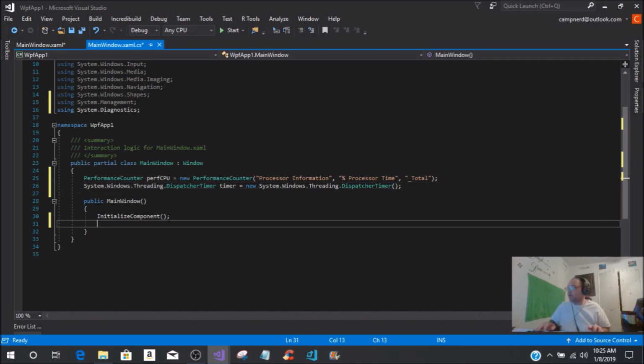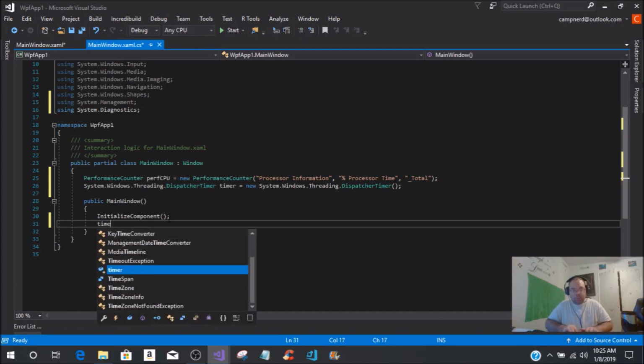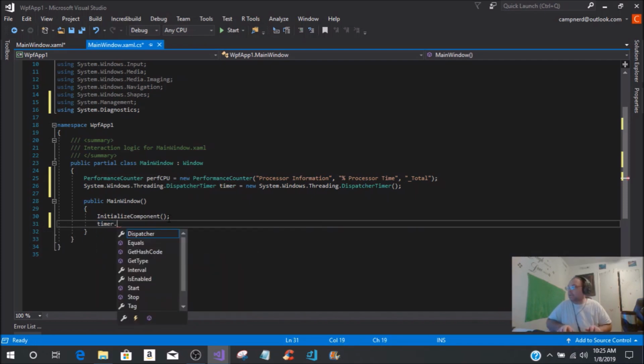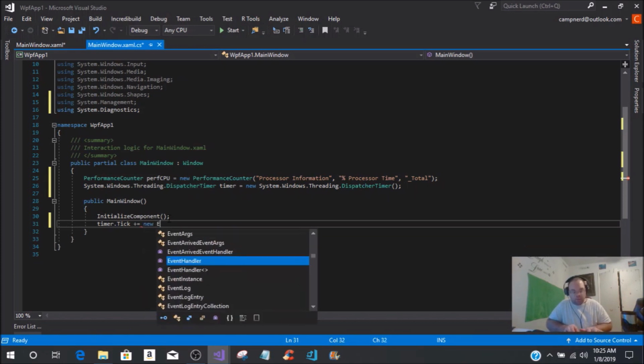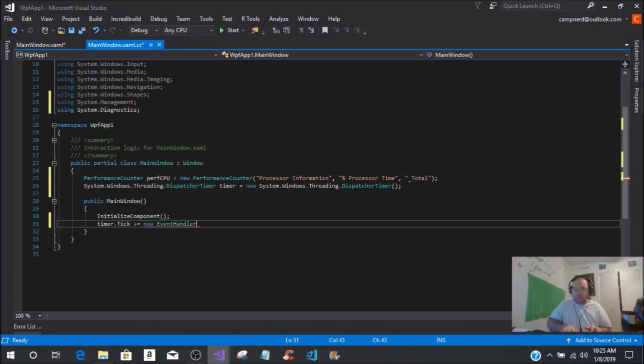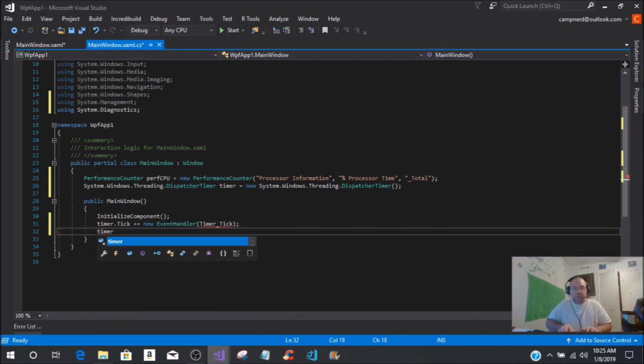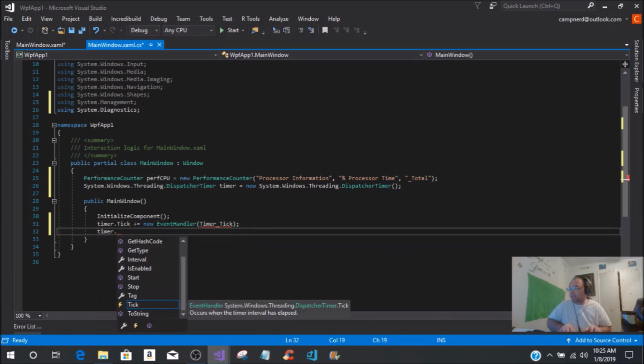Then we're going to come under our InitializeComponent, and we're going to create the timer.Tick event. So timer.Tick plus or equals, and then this is going to be a new EventHandler, and we're going to name this timer_Tick. Then we just want to set the timer.Interval